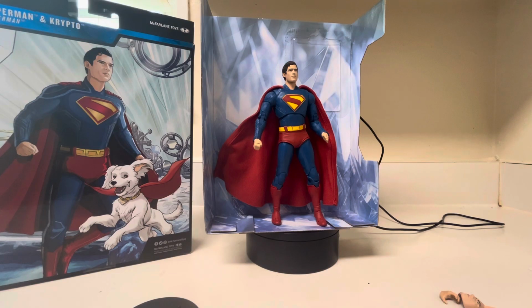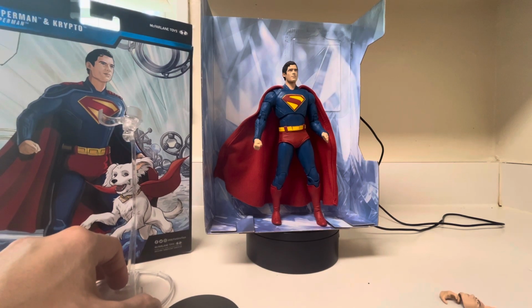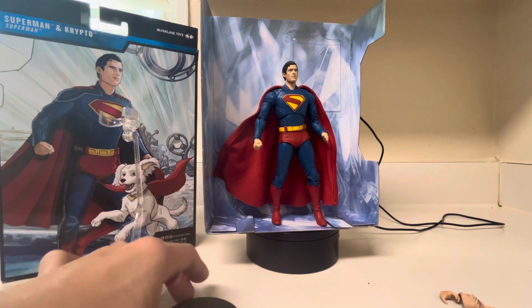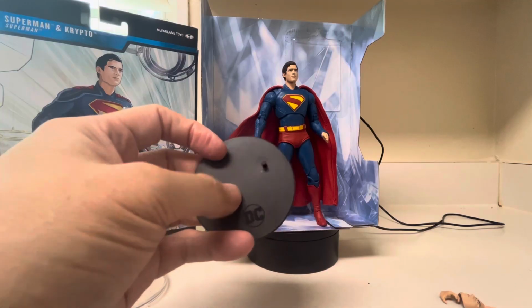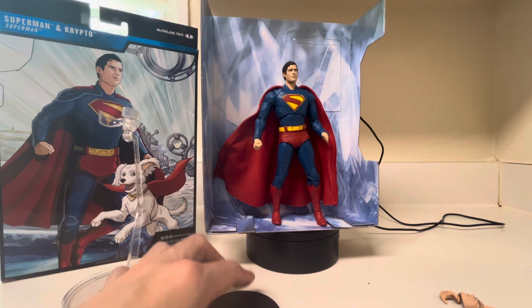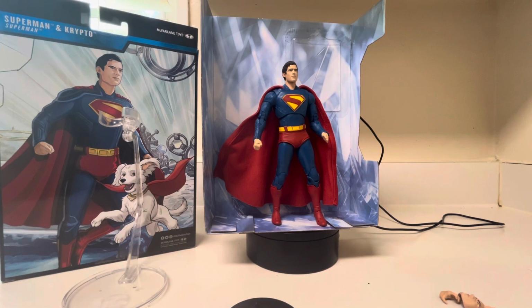I kind of wish he came with a flight stand. He did not come with a flight stand for the price point. I mean, we paid $25 for Page Punchers with some figures that came with a flight stand. I'm not sure why we didn't get one with this guy. He just came with this stand here. Also, why doesn't he give us like an S symbol? Put the symbol of the character that you're giving the stand for. Now that these figures are no longer $20, they're like 27 and 30 and 40, he can do that. But I guess at this point, to complain about it is kind of silly because Mattel